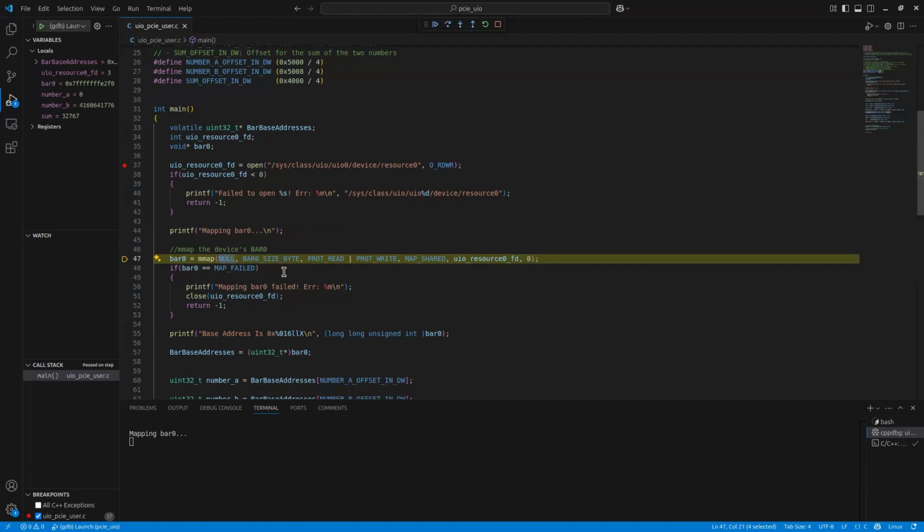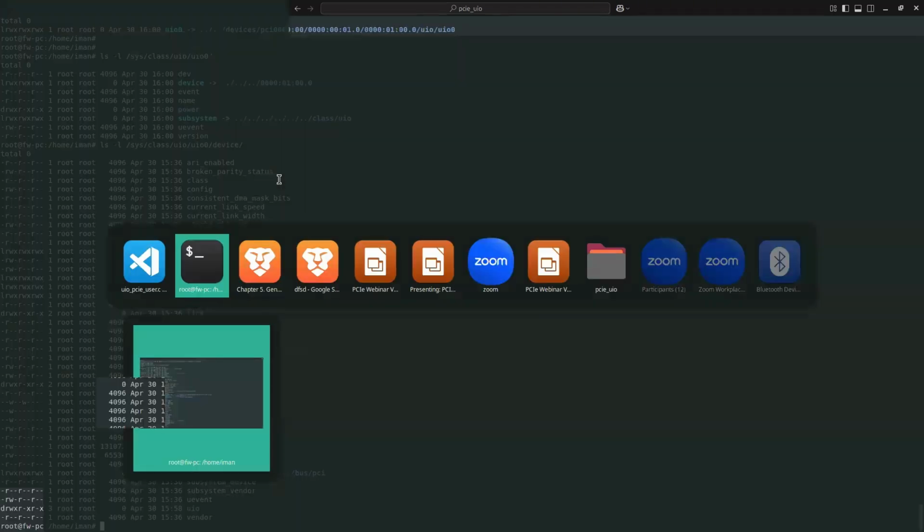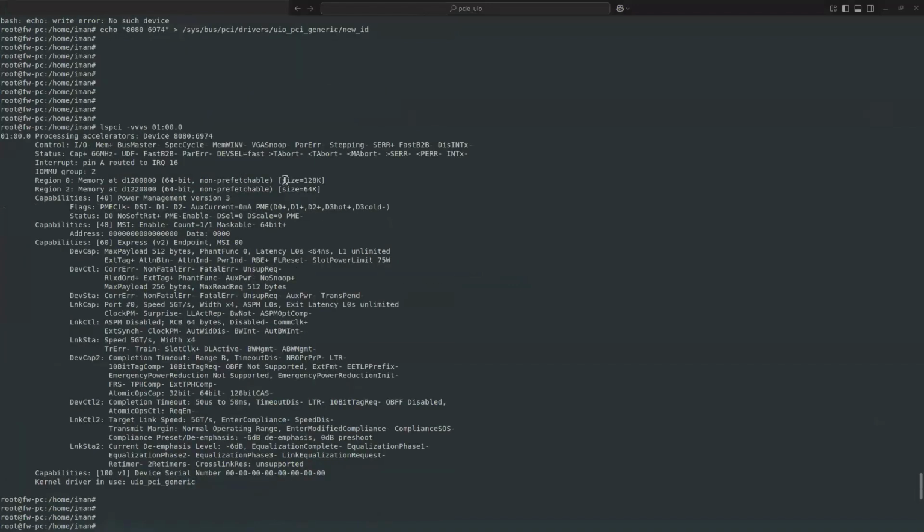Another parameter is the BAR 0 size. The size that I want to map should be the same as my BAR size. If you see here, I already defined my BAR size. It's 128K. BAR 0 is 128K.